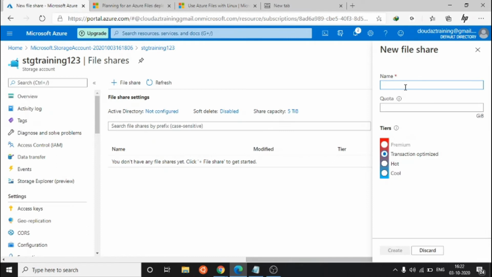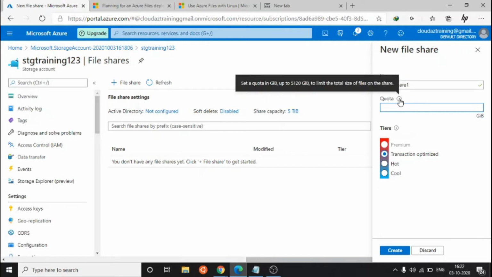It will ask you the name of the file share. Here I am giving the file share name AZ file share 1. The quota you can decide according to your needs.